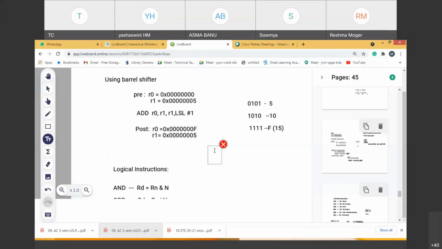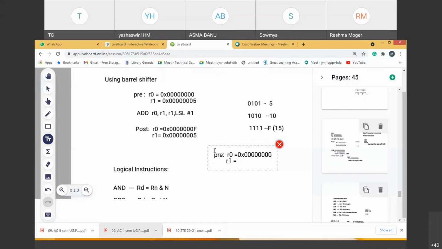If I take an example, what is that? Pre. I'll write pre. So what is the content? Let's say R0. Please write like this and practice. Don't neglect it, presuming that I understood these things, so why should I practice. No, you take different values and realize yourself whether you are getting those values or not, because you check yourself whether you are well practiced with one's complement, two's complement, one's complement addition, two's complement addition, shift operation, adding shift with something else. If you practice all those, then you will really feel the effect of all those instructions.